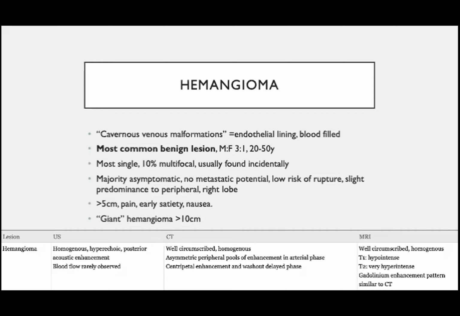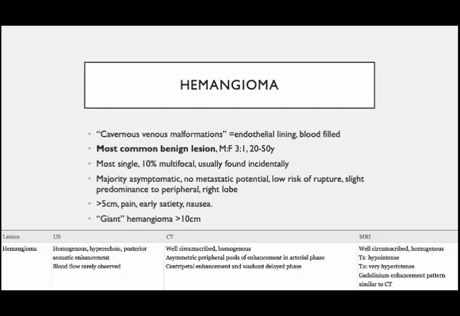If they're greater than 5 centimeters, you can have pain, early satiety, and nausea. If it's greater than 10 centimeters, it is technically a giant hemangioma. So on ultrasound, hemangiomas appear as well demarcated, homogeneous, and hyperechoic lesions with posterior acoustic enhancement. On CT, they are well circumscribed,